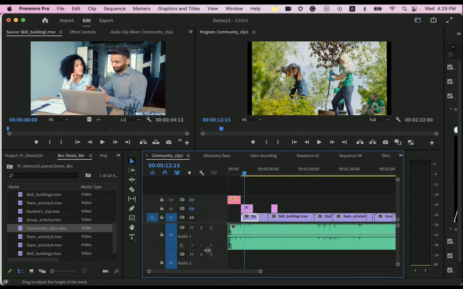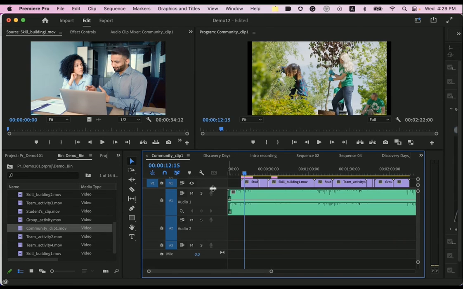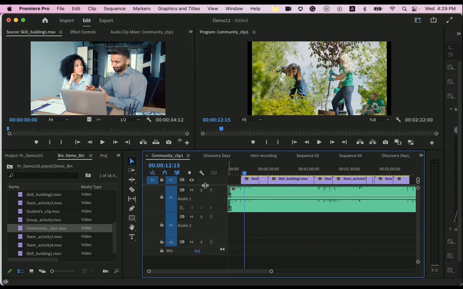Now we want to edit it because definitely I do not want this music to be so loud. So what are the different ways through which we can edit the music? Okay, so first I just wanted to focus on this line. This line means that this is a volume level which I can adjust. If you do not see this line, you can simply come and drag it to see it much better. So maybe here you see this is a bit louder